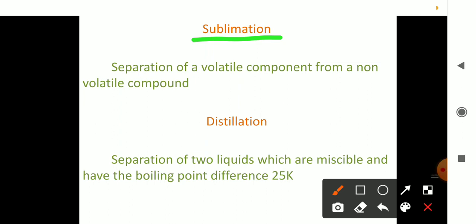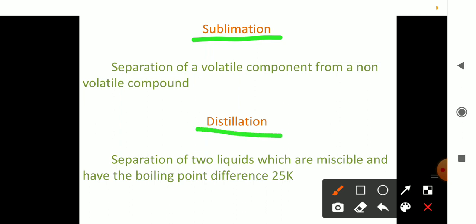If you are given the mixture of sand and camphor, here camphor is volatile, that we know already. If we keep camphor open for some days, what will happen? Automatically its size gets reduced. It is due to vaporization, or we can say it is due to the sublimation of camphor. So for such a mixture, a mixture of a volatile and a non-volatile compound, what can be used? This sublimation method can be used in order to separate the components of that mixture. Is it clear? Yes.